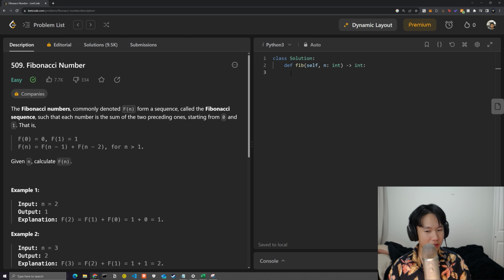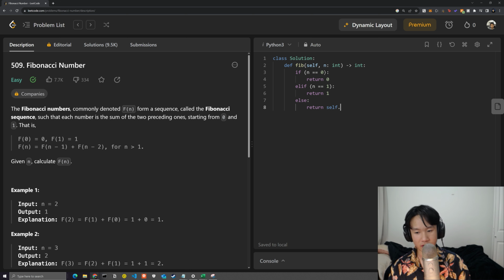So there's a number of ways to approach this solution. The first one would be just to get the nature of this formula and use recursion in order to call the Fibonacci method over and over again. So I'll just code it up really quickly over here. We have the base cases, which is 0 and 1. So if n equals 0, we want to return 0 like it says. And then if n equals 1, we want to return 1. Otherwise, we want to return